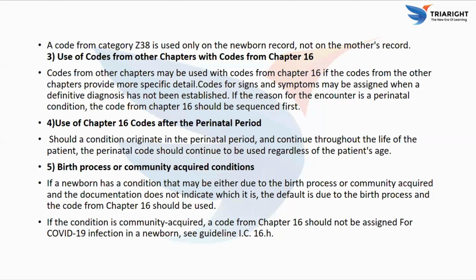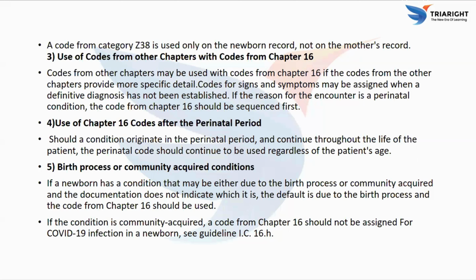So what is the guideline? Use of codes from other chapters with codes from chapter 16. So sometimes a newborn may have a condition that needs an additional code from another chapter like respiratory diseases, infections or congenital problems. So you can use codes from other chapters together with chapter 16 codes if they give more